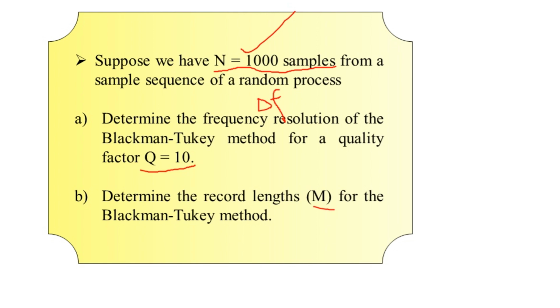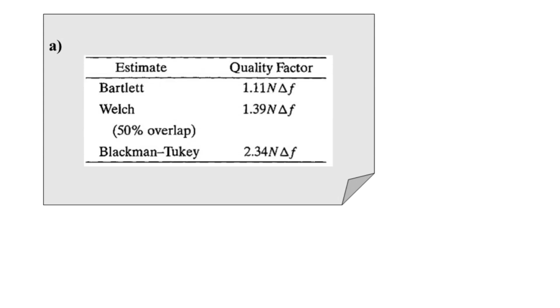Now as far as the frequency resolution is concerned, for the previous cases of Bartlett and Welch method we have taken the help of a tabulation. So for solving part A we take the help of that particular table once again. In this table we have the first column, the methods for the estimation of the power spectral density, the power spectrum estimation techniques. These are the Bartlett method and Welch method we have already dealt with, and now here is the Blackman-Tukey approach that we have just covered.